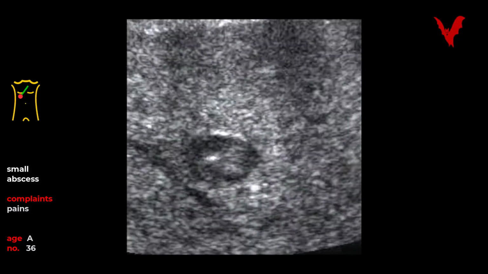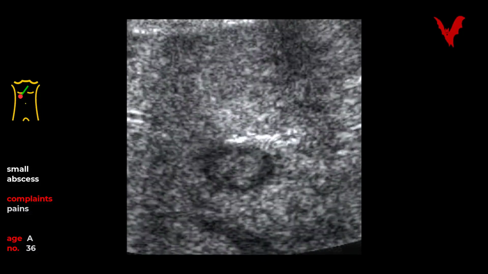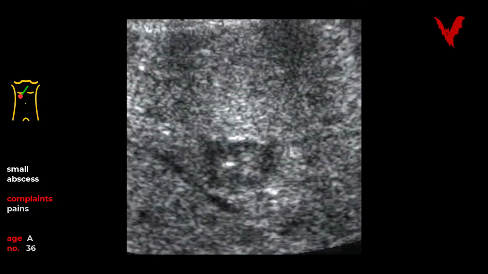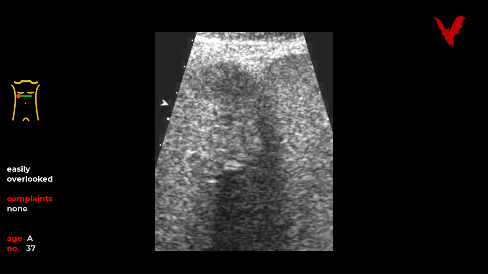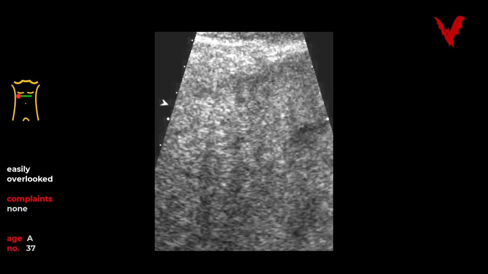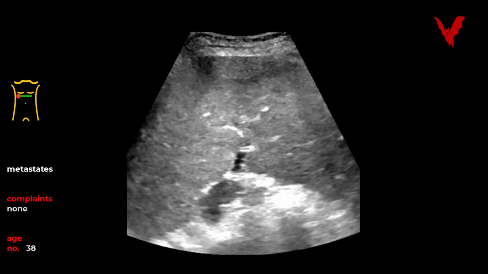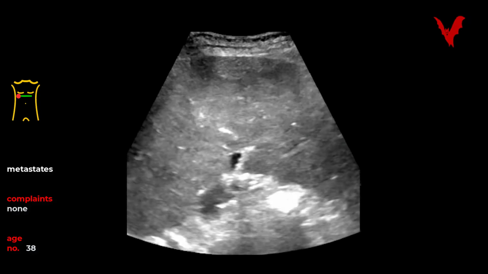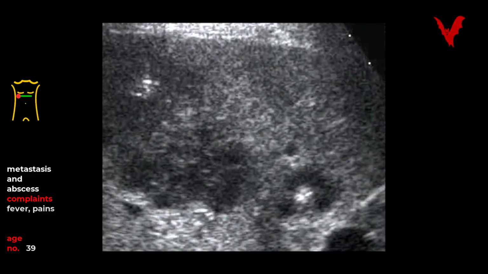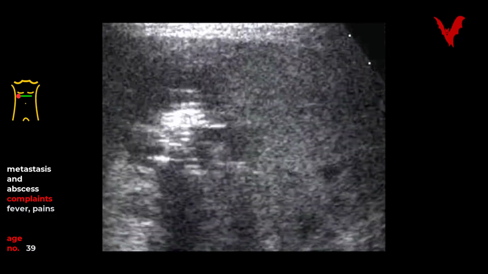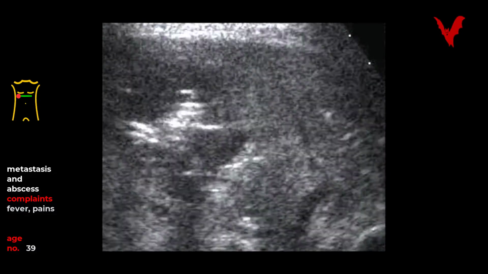Even this minor abscess in figure 36 target needed intervention. And here in figure 37, once more an easily overlooked metastasis is demonstrated. Metastasis obvious in perfusion study only in figure 38. And in figure 39, clinical data again proved the systemic impact of this abscess here in figure 39, which has